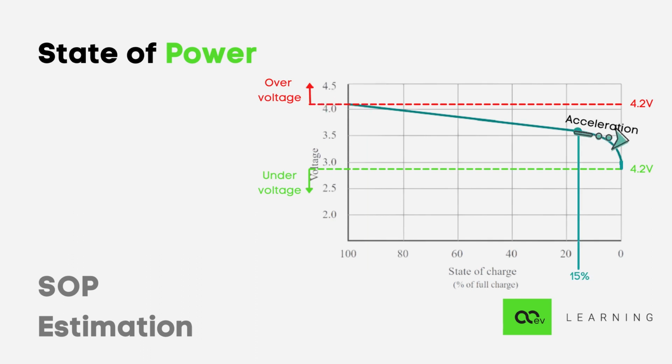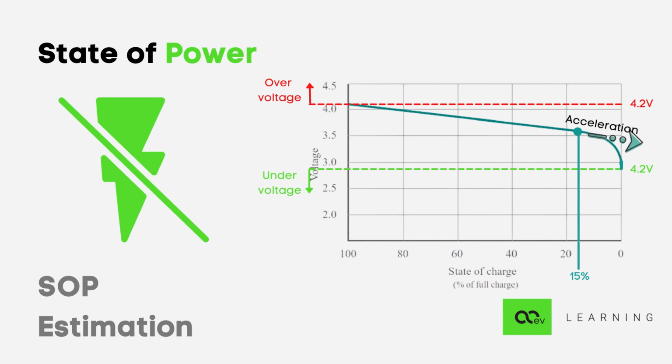Similarly, let's say the battery is at 15% SOC and is in the state of overtaking a vehicle. In that case, due to higher power demand, current increases and the voltage drops below under voltage and the BMS cuts off the power. So to prevent this, we need to estimate the power capability of the battery pack in real time. So the power limit specifies how quickly we may add or remove energy from the pack without violating a set of design constraints.